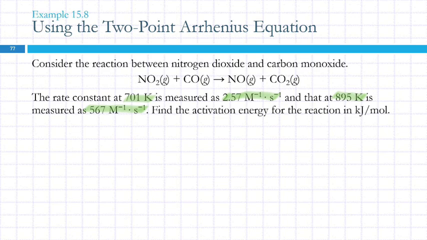So let's write those down and label them. So 701 Kelvin, that's a temperature. I'm going to call it T1 because it's the first temperature I came to. 701 K, the measured rate constant is 2.57. Those two go together, right? So I'm going to call that K1,